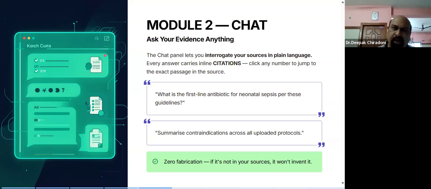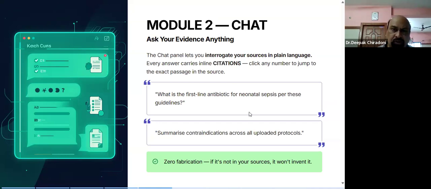Here you have to spend a lot of time to make a good amount of desired output notes in this chat section. So in the demo section, I'm going to show you how we have to chat with NotebookLM. We have to interrogate the sources in plain language. We have to check the citations which have been shown, whether the grounded source has citations and references, or if you have taken from websites, you have to cross-check the citations,